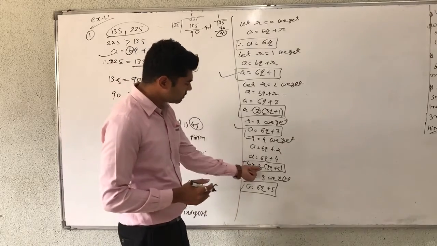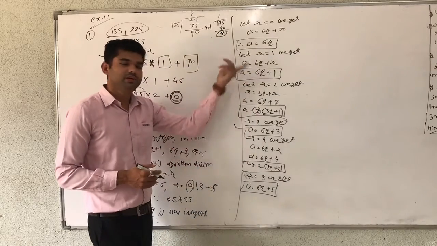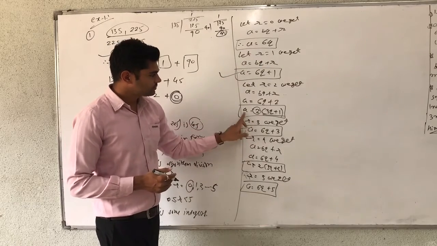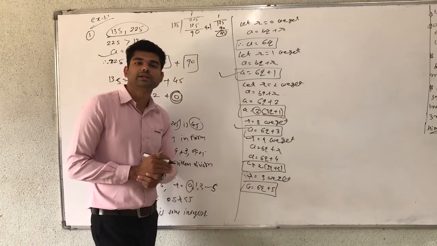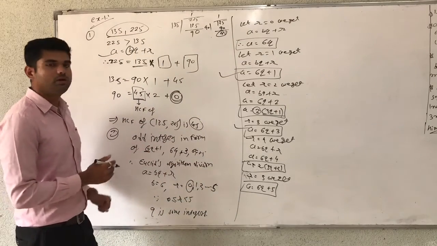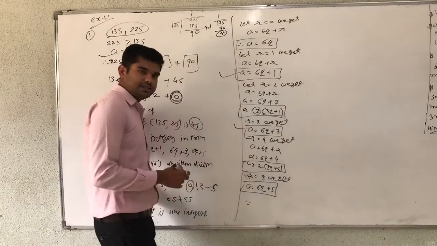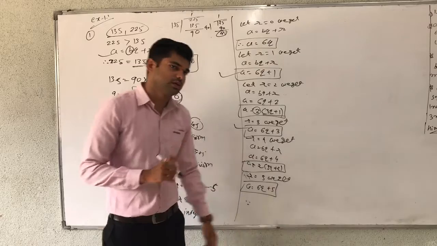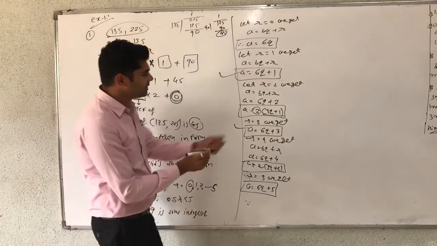Other than these answers, when r equals 2 there is a 2 common, and when r equals 4, here also 2 is common. It means a is equal to 6q, a is equal to 6q plus 2, and a is equal to 6q plus 4. All are divisible by 2. It means not all odd integers are in the form of 6q plus 1. So we reject 6q plus 2 and 6q plus 4.